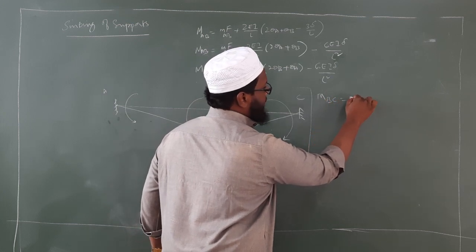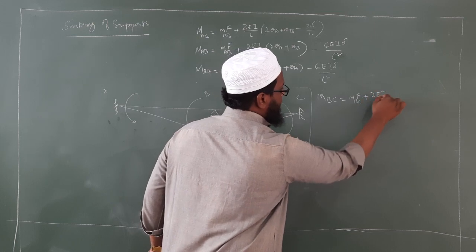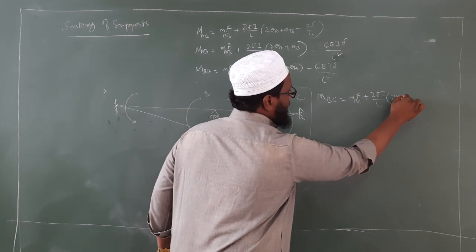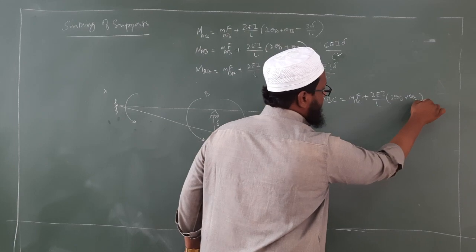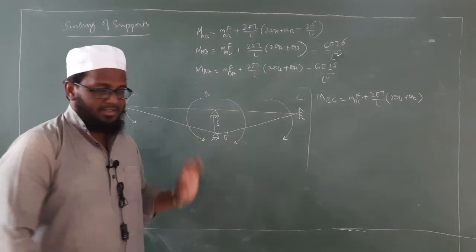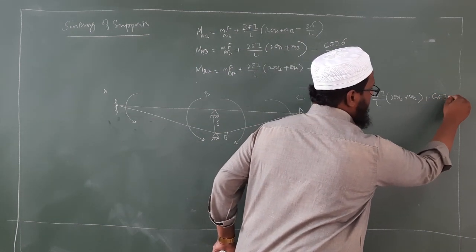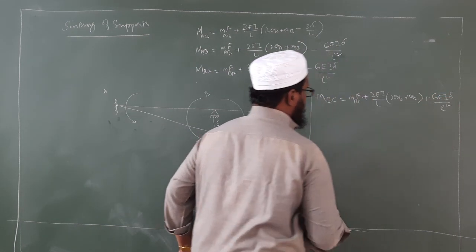MBC is equal to MFBC plus 2EI by L into 2 theta B plus theta C. Now what happens here? Plus 6EI delta by L square. Now here we will be having plus 6EI delta by L square. Similarly,